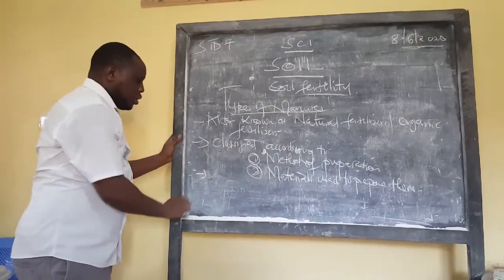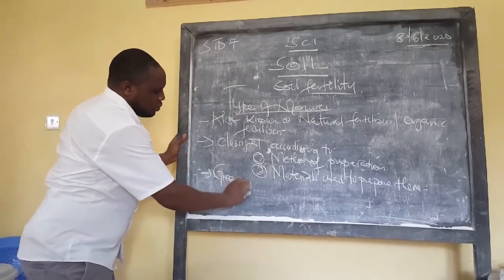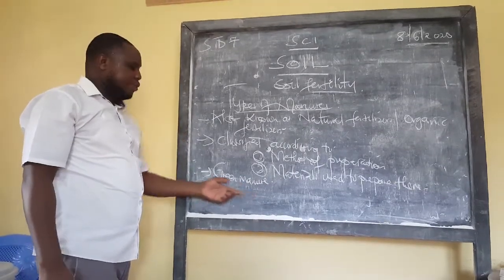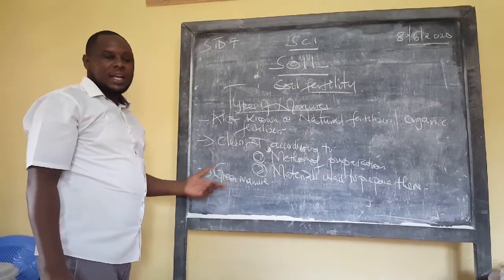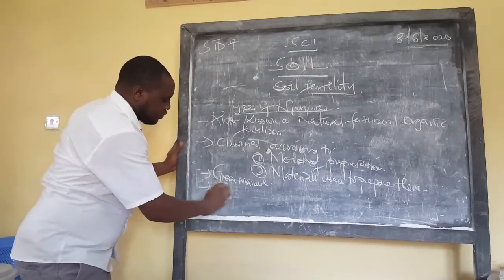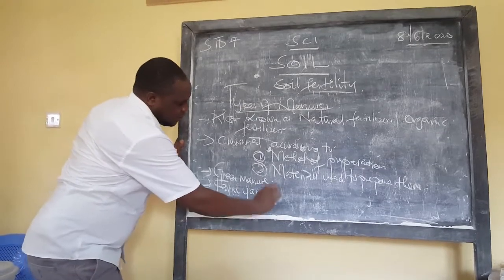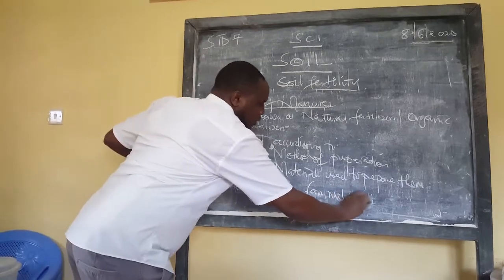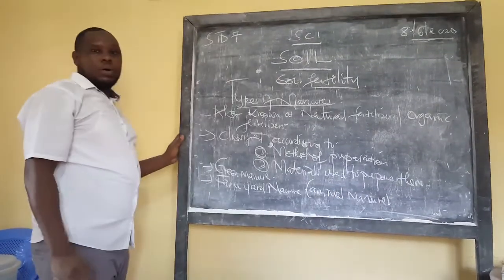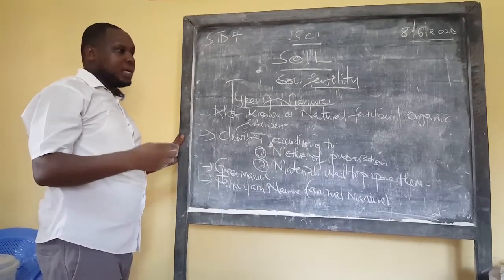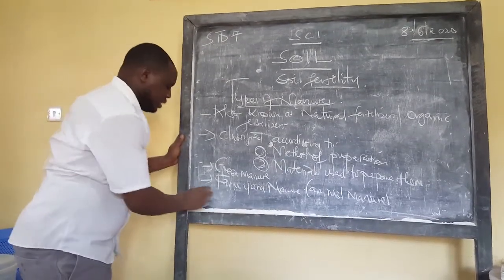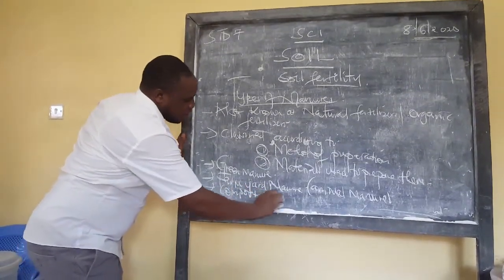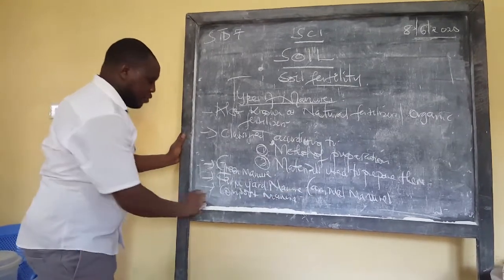And number 1, we have what we call the green manure. You can already start guessing what this is made up of. It's made up of green leafy plants. Then we have what we call farmyard manure. Another name for it is animal manure. This is made up of animal waste, the cow dung and the rest, the beddings and so forth. We have what we call compost manure, and lastly we have organic